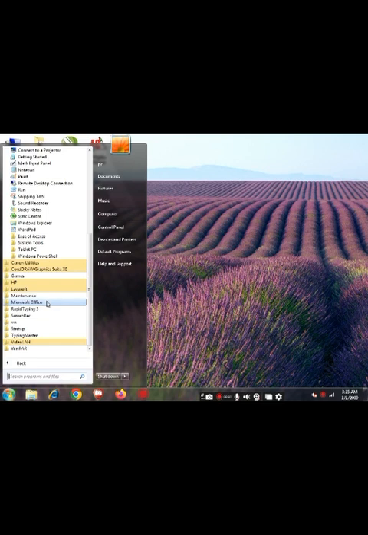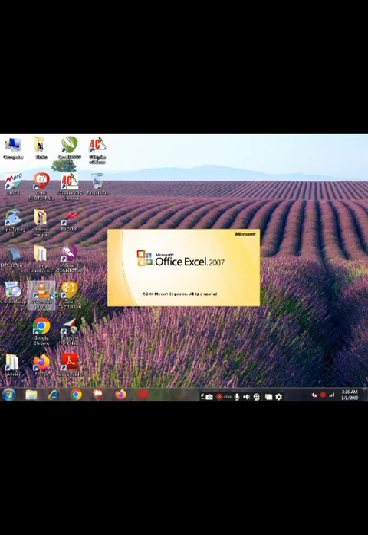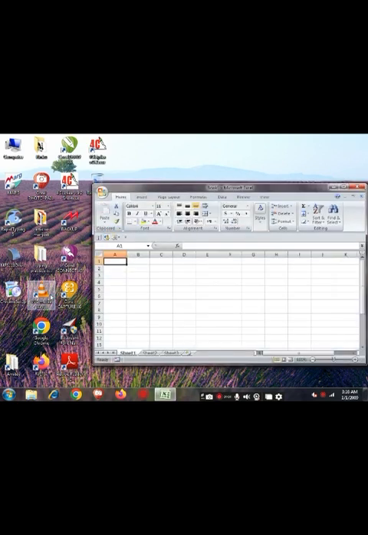See there, this is Microsoft Office. It has a lot of software under it like Access, Excel, Groove, InfoPath, OneNote, Outlook, PowerPoint, Publisher, MS Word, Microsoft Office tools, etc. But we are working on Microsoft Office Excel. So I have Microsoft Office Excel 2007. We will simply click on it and you will see the Excel software on our screen. It can be maximized, restored down, and we can move it anywhere.